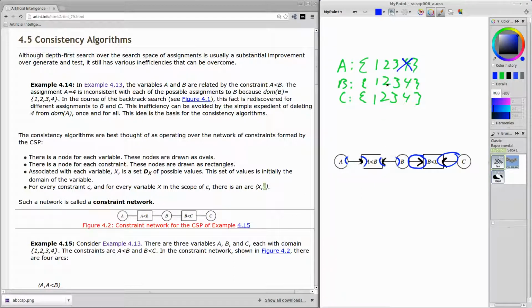And there is, right? So here, B can't take on the value 1, because if it did, there'd be no way for A to get under that, right? So it can't be 1. So great, progress. Now, at this point, we have to be a little bit careful, right? Because we changed the domain of B,